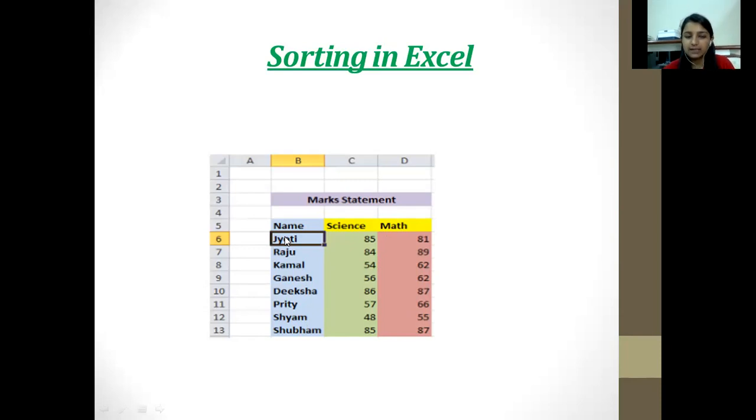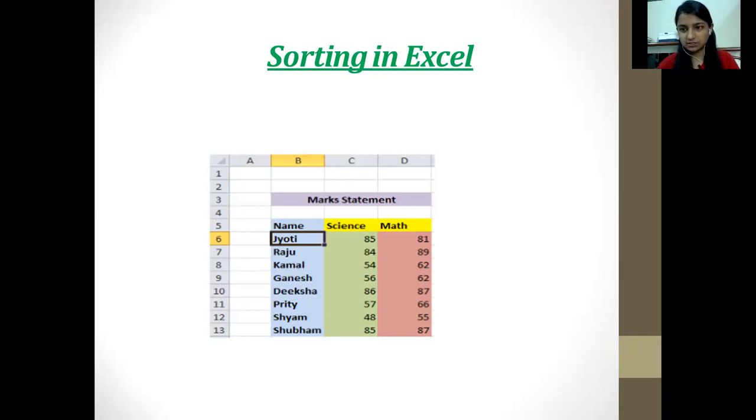Now if we are watching in alphabetical order, you can see whether they are in sorted form. Like, J comes before R, or not? J comes before R, that's fine. What about the next one? R, K: R is coming before K.